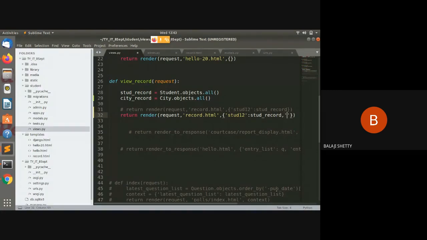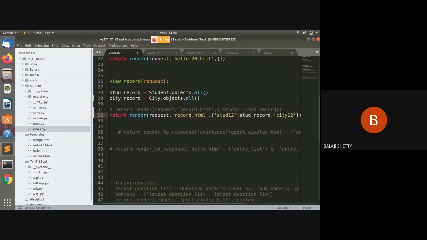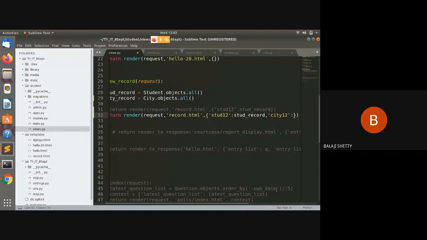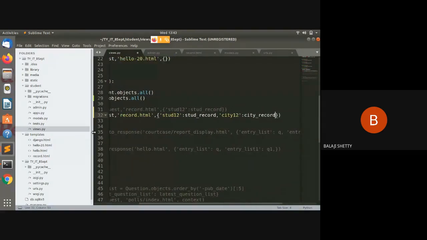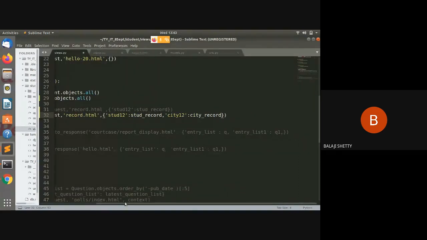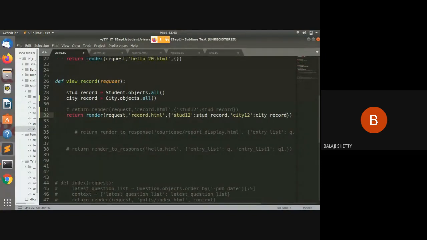Comma, here I write city12, and here my city record. Now my record is stored in which variable? Tell me. My record is stored in the variable named city record. Now I am passing the student record as well as the city record in city12.